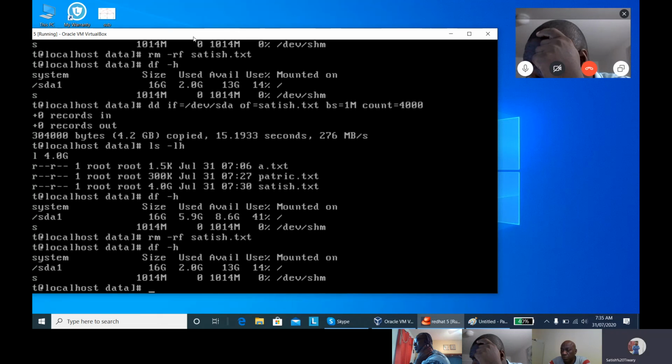So the file will be there, but there will be no content inside that file. It means indirectly you have completely nullified that file.